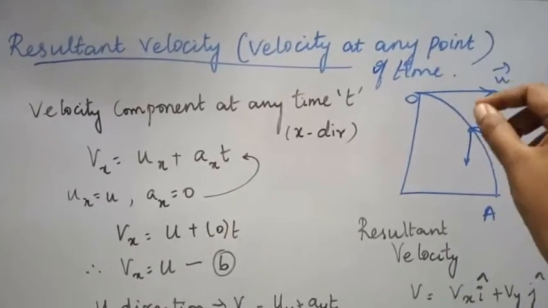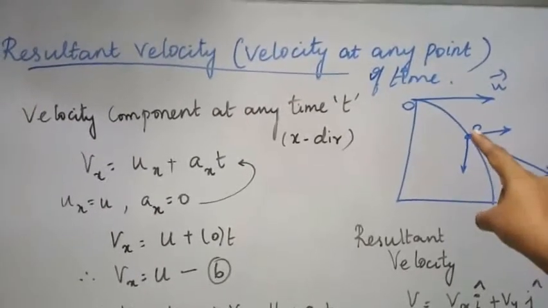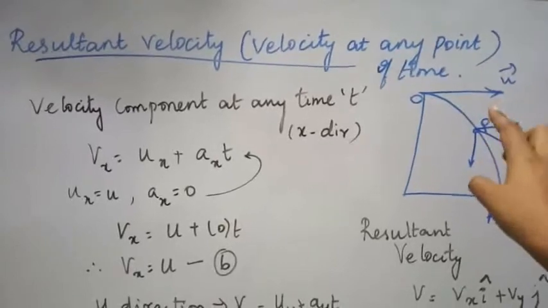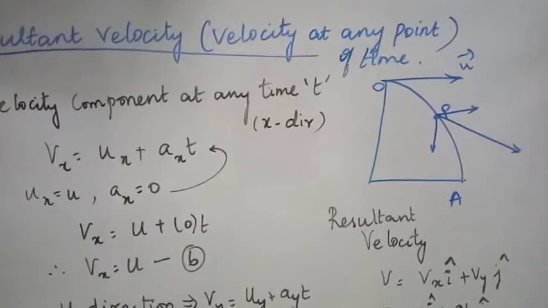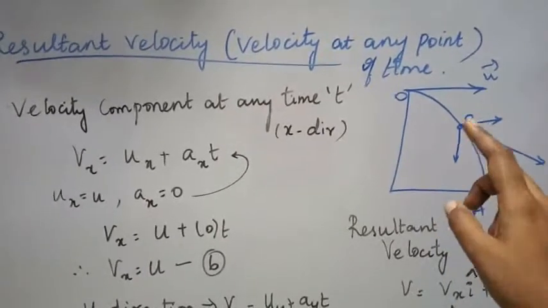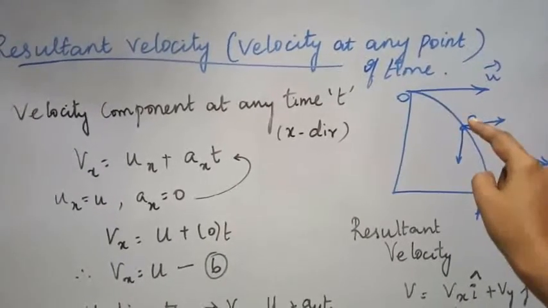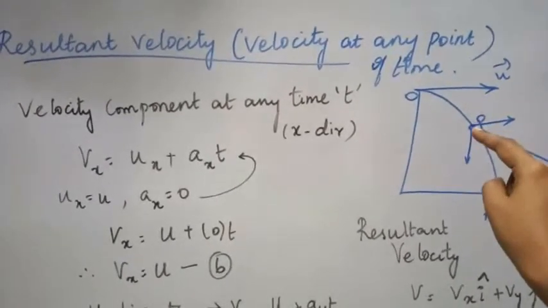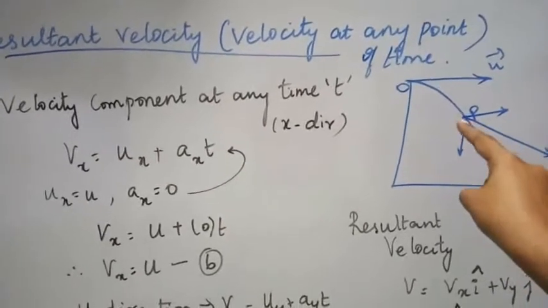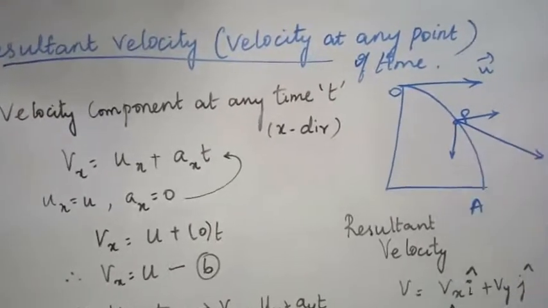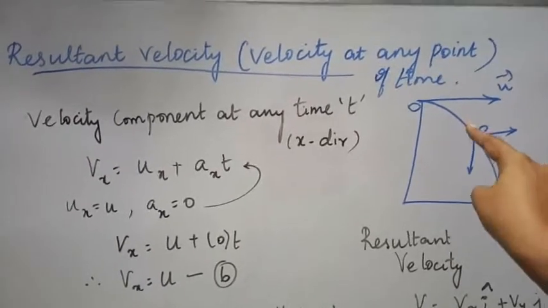So if I want to find the velocity at any point of time, let it be P here. This one is somewhere in the space, so you cannot go for the exact value of velocity, as it is a vector quantity. It has both magnitude and direction. So for this, I have to resolve this point into a horizontal component and a vertical component. Then the resultant vector will be somewhere like this.